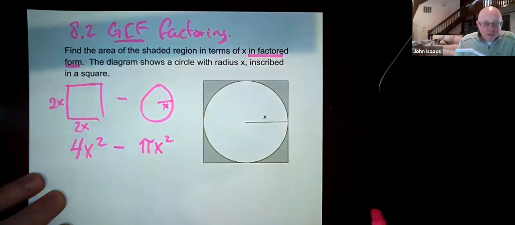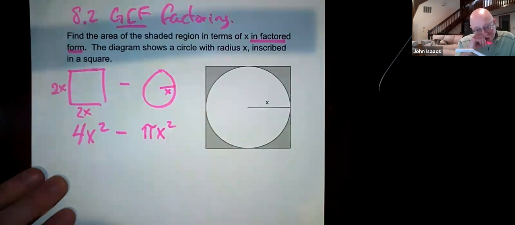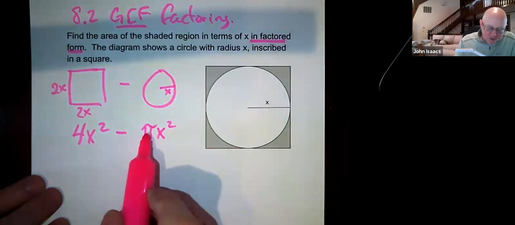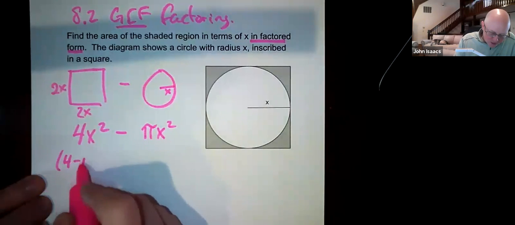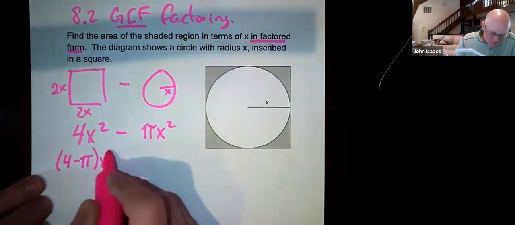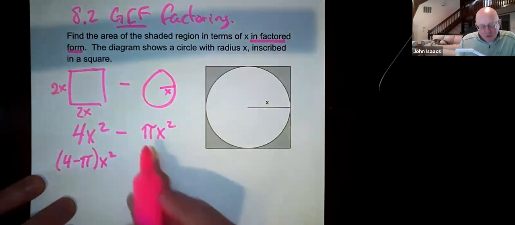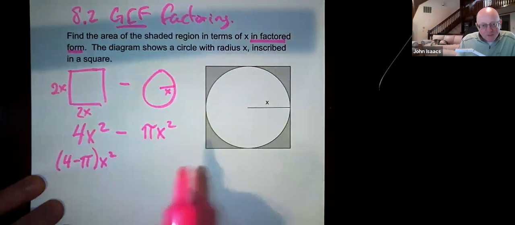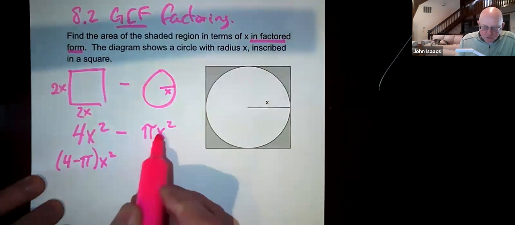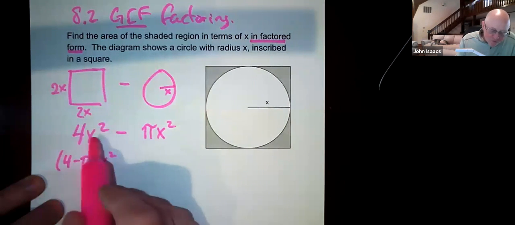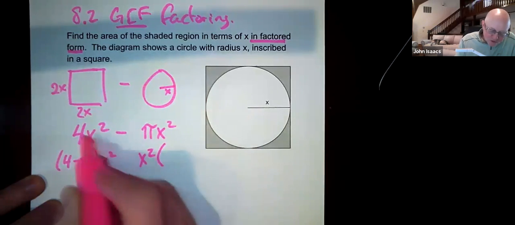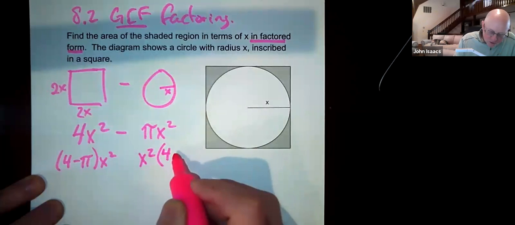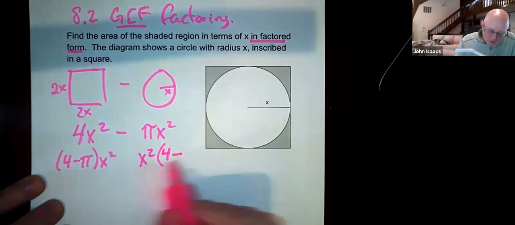So we're going to subtract these two things. Now, they're like terms. So you might think of it that way, that this is 4 minus pi x squared. You can think of it as that, 4 minus pi x squared. If you were thinking about factoring these two things, you would take the x squared out. So you would take the x squared out by removing it out of both of these things. Typically, we write that in front. And then x squared times 4 is 4x squared. And the minus sign I'm going to leave there, and x squared times pi